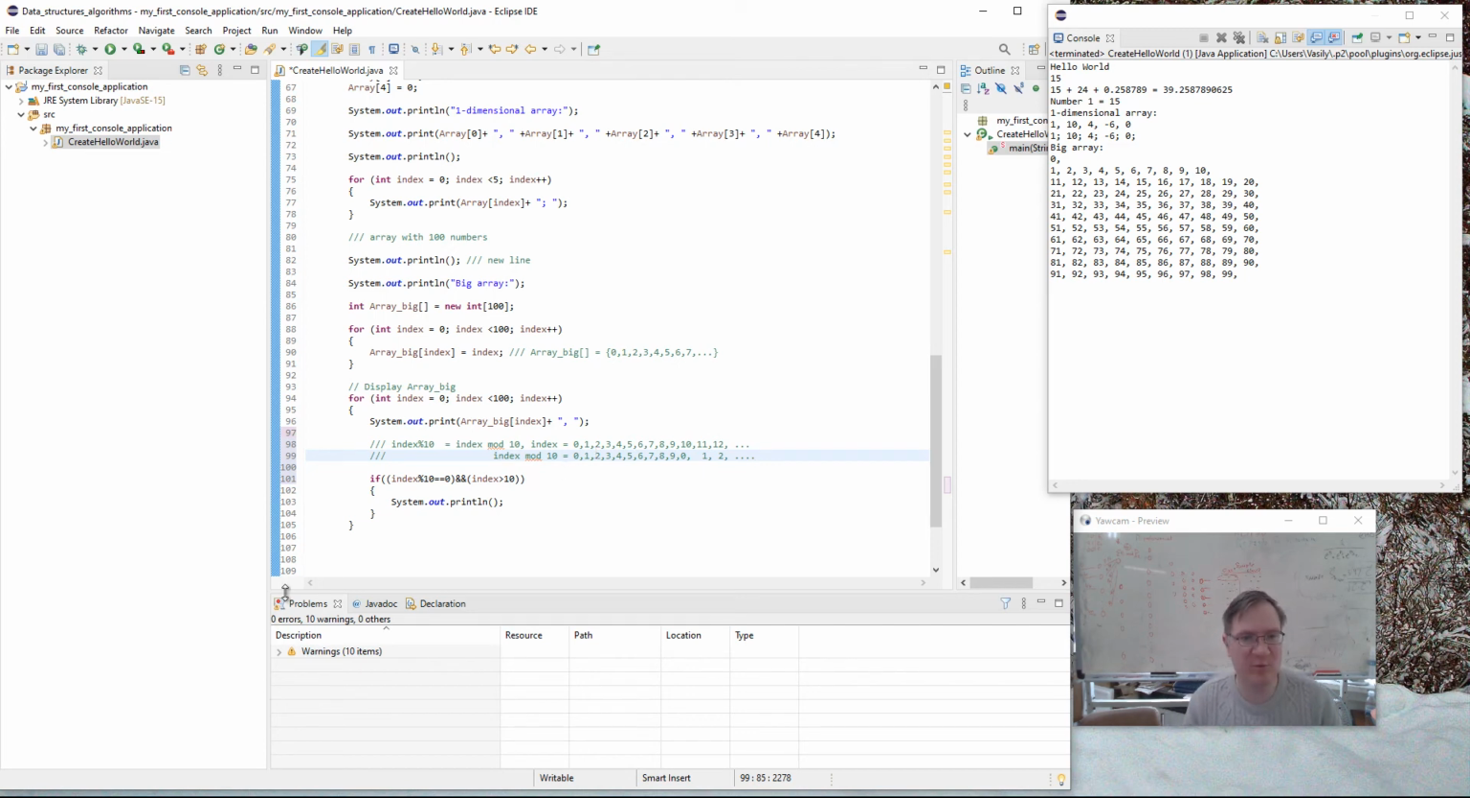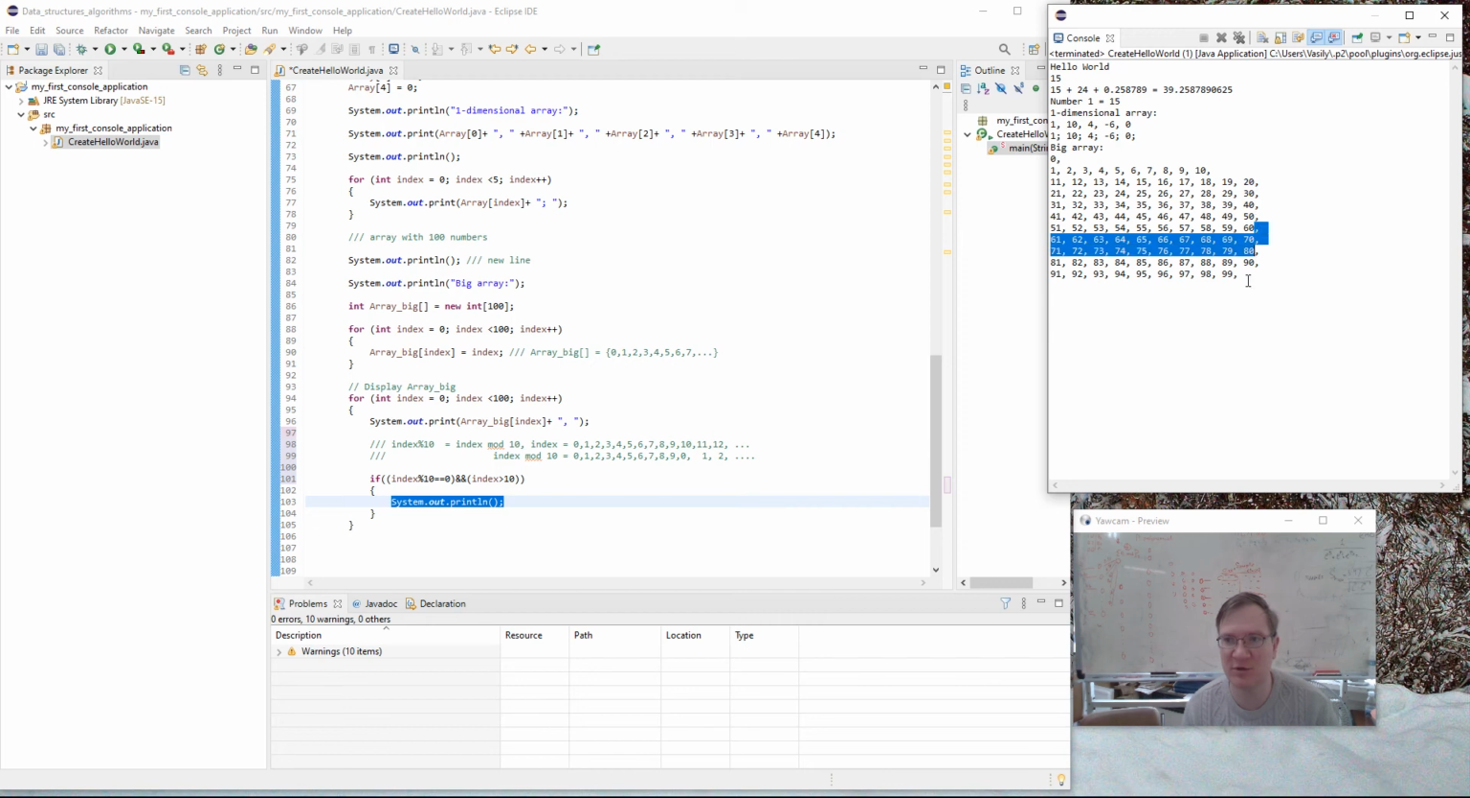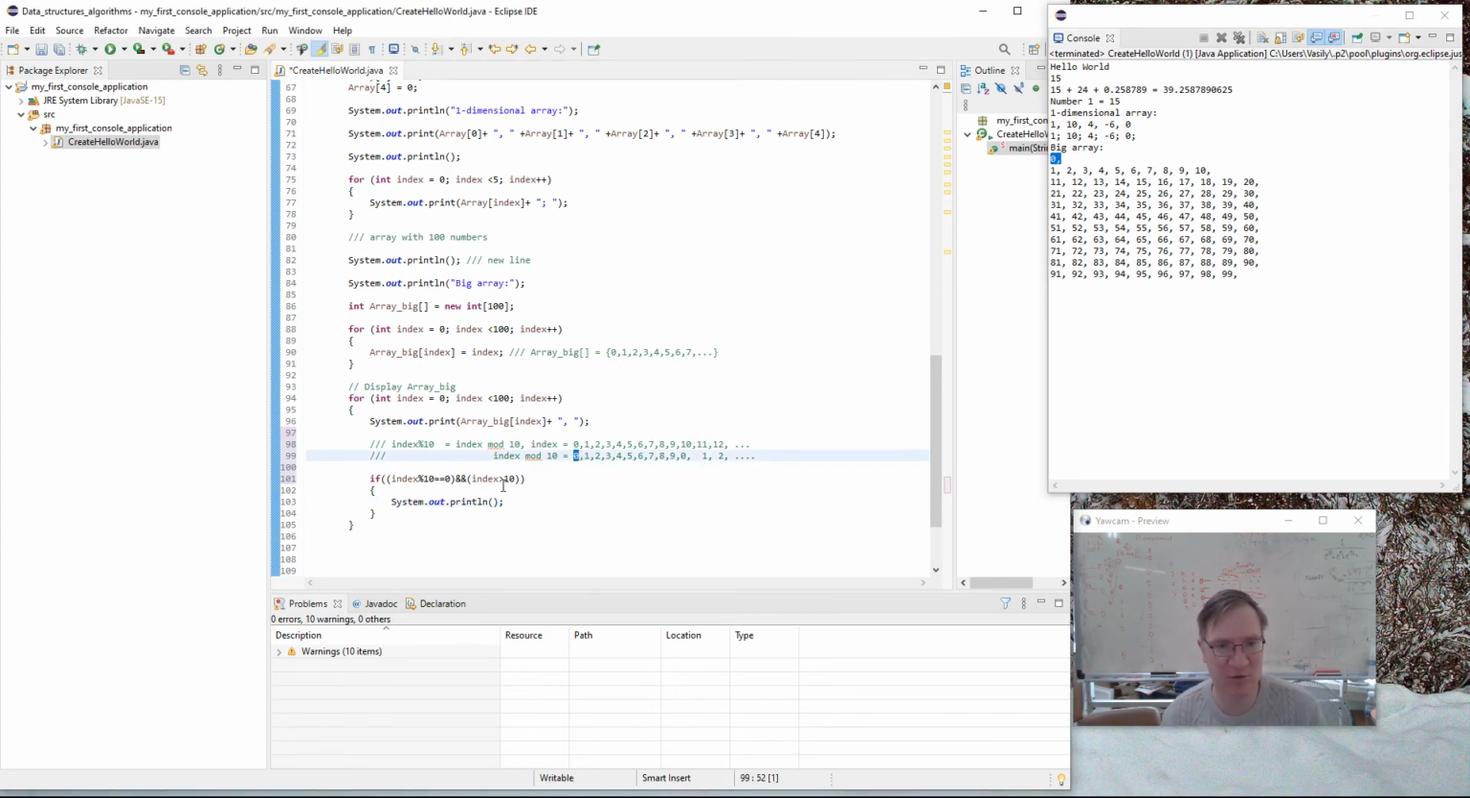Every time our index modulo 10 is equal to 0, I want to go to a new line. Technically, if I meet 10, I want to go to a new line; 20, 30, 40, and so on. The problem is the first number: 0 modulo 10 is 0, and that's why we would go to a new line. So I add this extra condition, index bigger than 10. And finally,